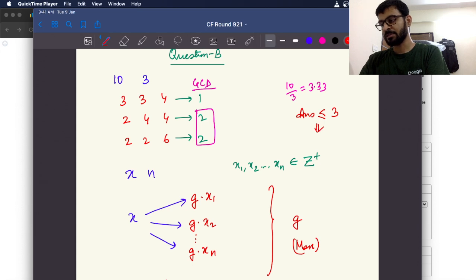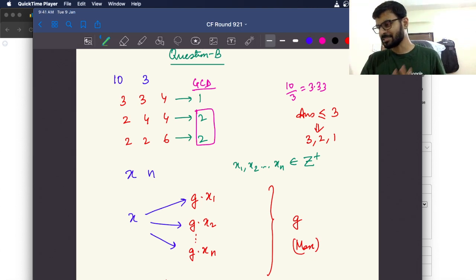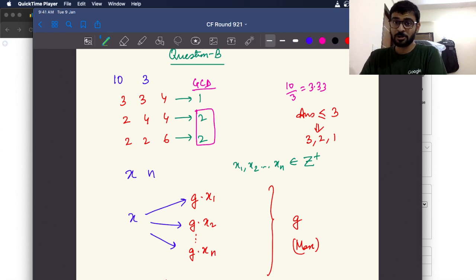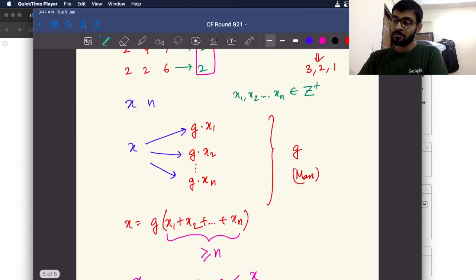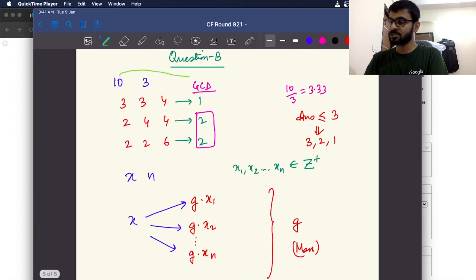What does this give me? That means my answer can be 3 or 2 or 1, whichever maximum one I get. 1 definitely will be the answer, I believe. So yeah, according to the constraints, we need to check whether 1 always will be the answer. But anyway, with 3 it is not possible. Why is it not possible? Because 10 itself is not divisible by 3. And with 2, it is possible. Why? Because 10 is divisible by 2. So 2 is possible